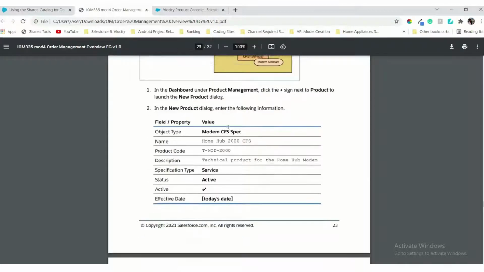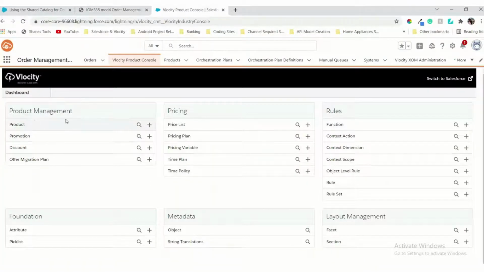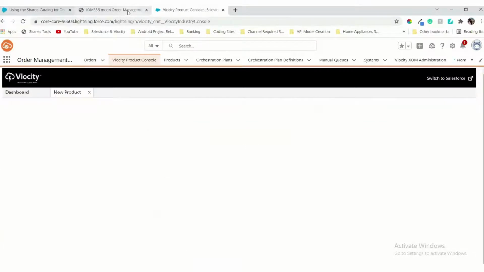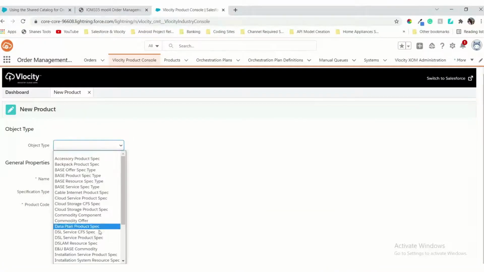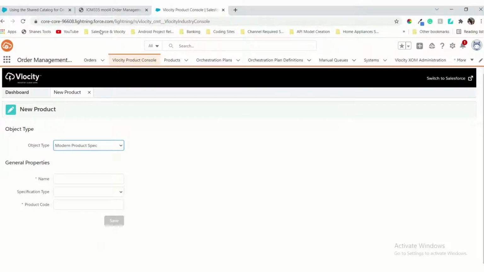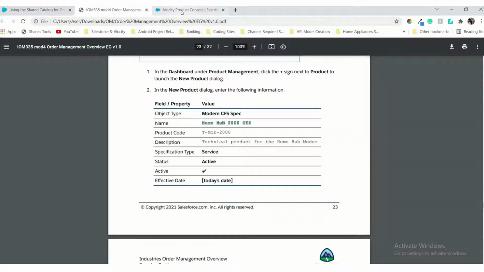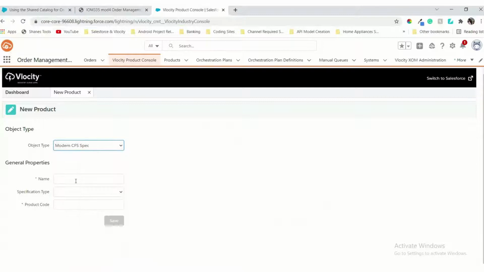So now we have to go into the dashboard under product management, product, and then create a new product. Click the plus sign and then keep the name object. Now the Home Hub has the parent object type, the modem CFS specific, and the product name is Home Hub 2000 CFS.